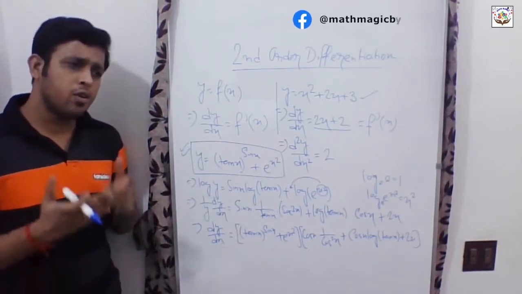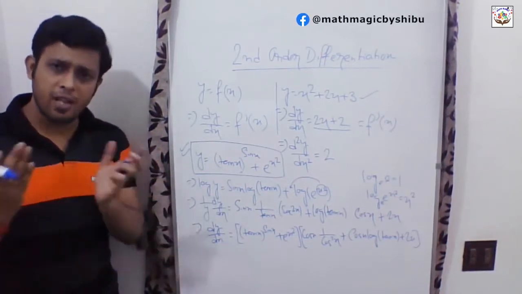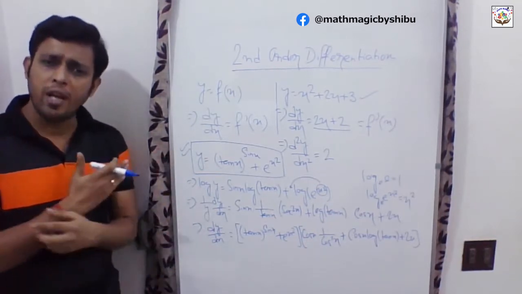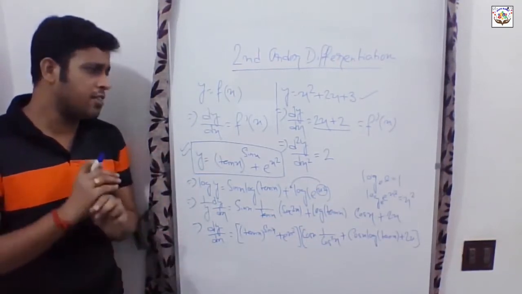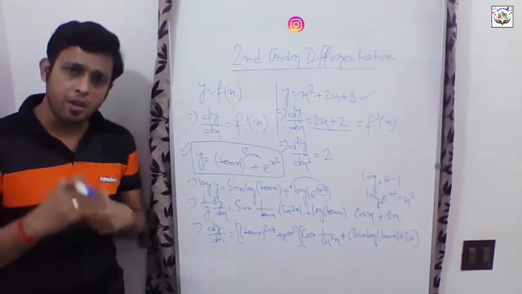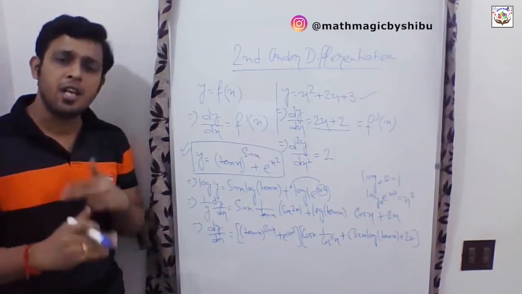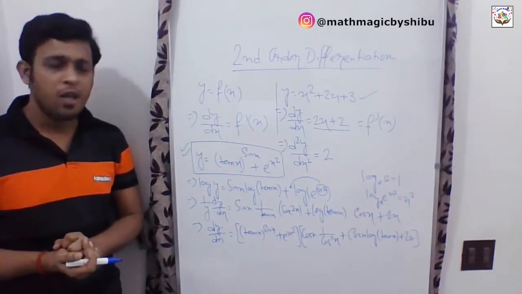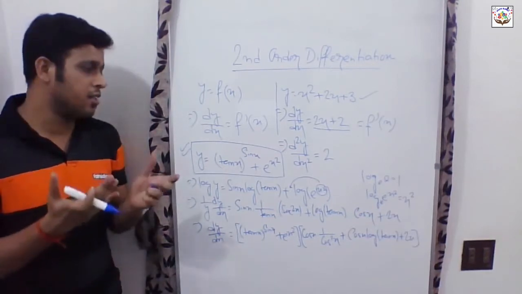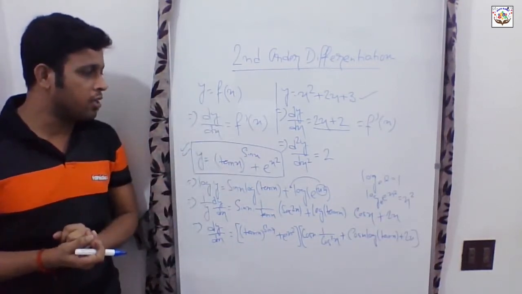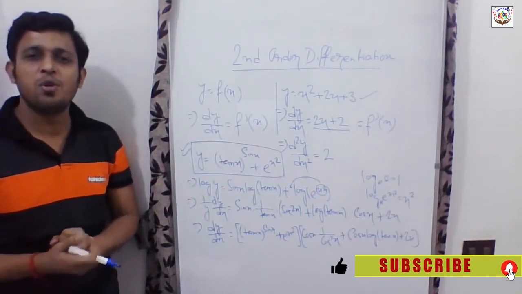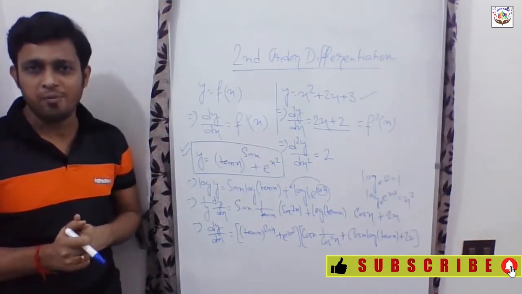That's it. We can do the first order differentiation as well as second order differentiation with respect to x, with respect to t, or with respect to any variable. Process and steps will be absolutely the same. Just in second order differentiation we need to differentiate the first order differentiation again. That's it. Okay, so we'll practice some problems on this so that we can rehearse the concept of second order differentiation, right? So we'll meet you in the next problem.